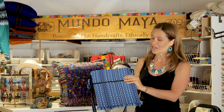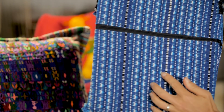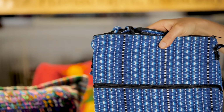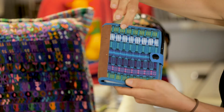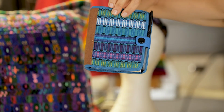So for example, this bag is from a town called Panal in Guatemala, and you can see that kind of geometric design of the loom, and it's just the way that it's done on the loom, the way the cotton's drawn across or drawn diagonally. And that gets made into lots of little things. So for example, this is also from Panal, and you can see the same type of loom has been used